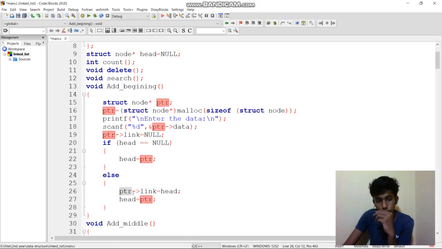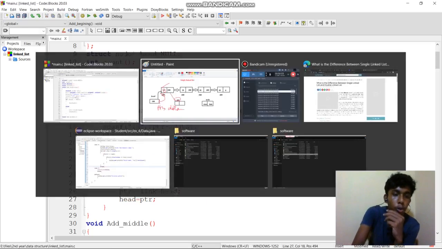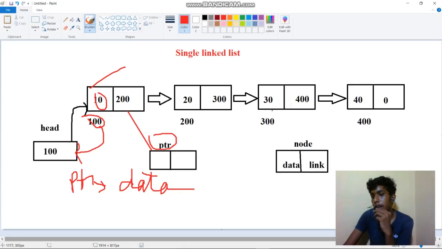So ptr of link equal to head. That means we are inserting at the beginning. Whatever elements it has, we are inserting a node at the beginning. Initially this node was there, but we are going to insert this new node.